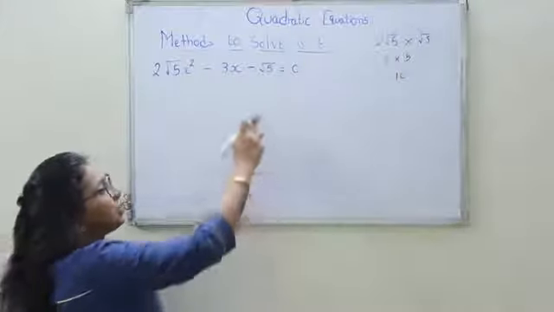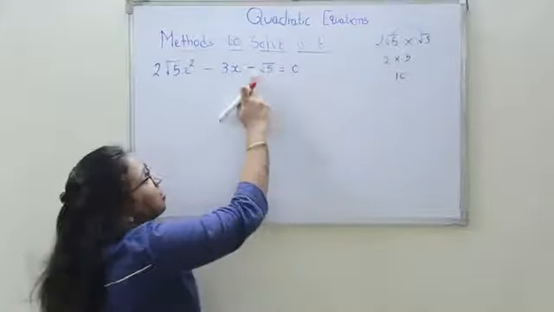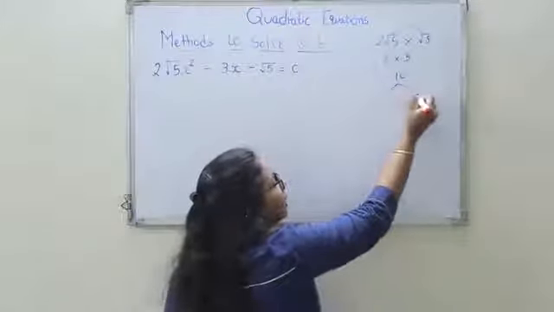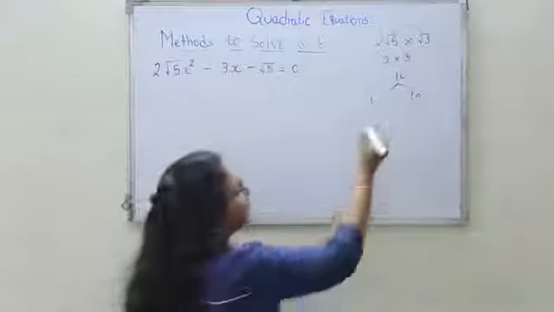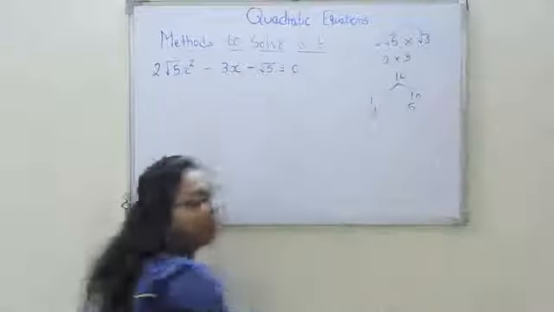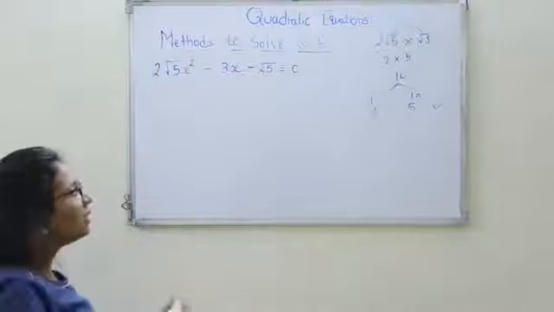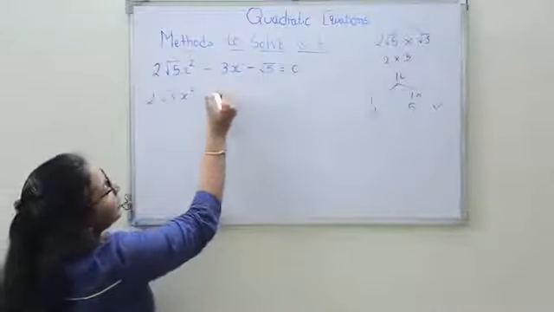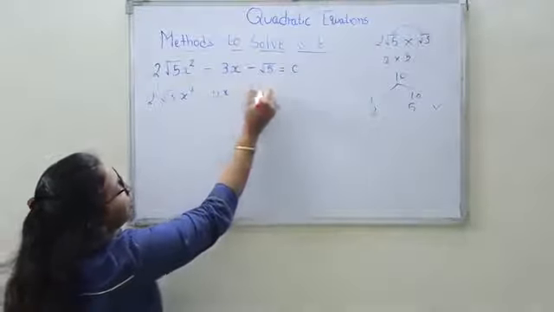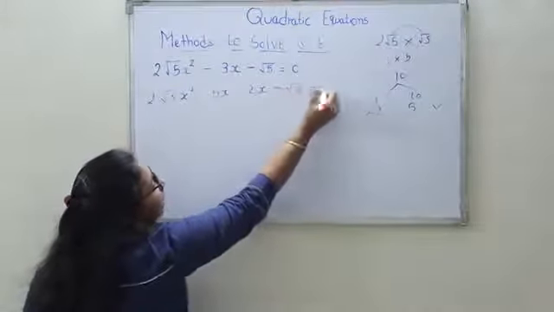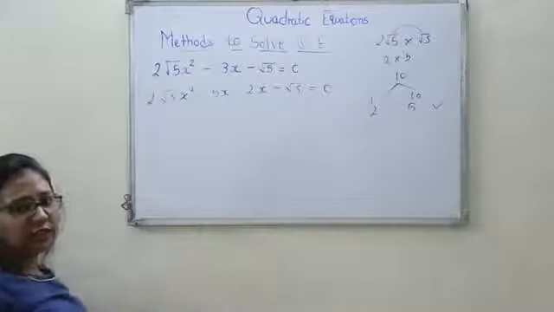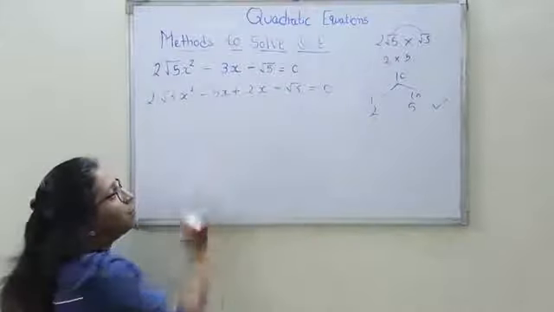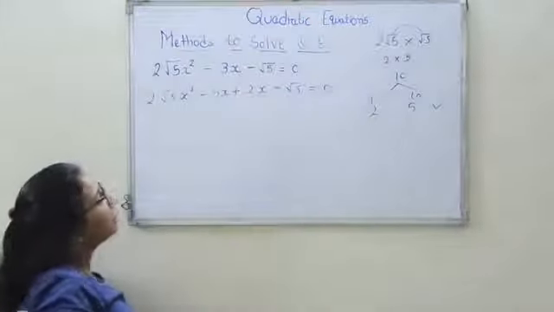Now you have to split 10 into factors such that after subtracting, it should be 3. Very easy. 1 into 10, but 10 minus 1 is not 3. Then 2 into 5. So here are your factors, because 5 minus 2 is 3. So let's substitute 2 root 5 x square, and in the place of 3x you will write 5x and 2x. After that we have to think again for the sign. So you need minus 3. Of course, when you put minus 5 plus 2, it will give you minus 3.